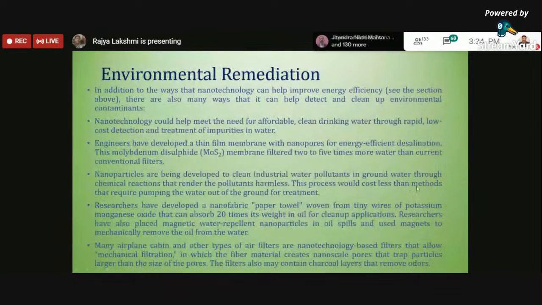Environmental remediation. I have already mentioned how people are very cautious about environmental concerns because of warning signals, especially with respect to the pollution level in our country. So we need to be very careful about all environmental concerns when you are going to fabricate something, use something, decompose something. So from birth to grave, we have to check it.